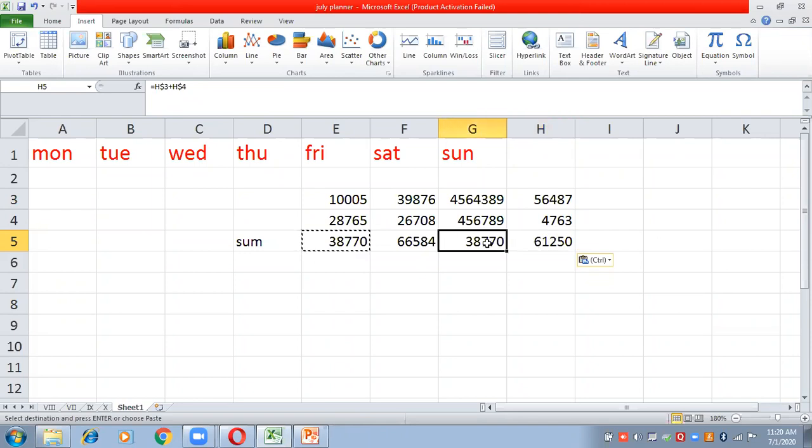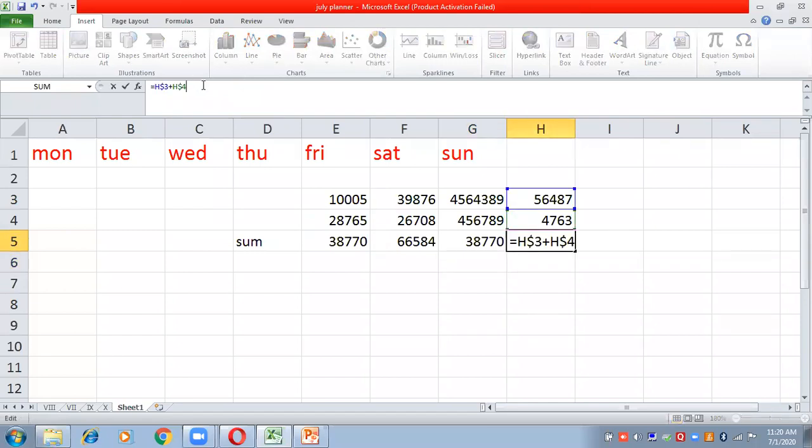यहाँ पे देखो, if we will see here, E के अभी भी यहाँ पर सेल का जो एड्रेस है, this is E. This is E even in this cell because it is absolute referencing. But यहाँ पर अगर हम देखेंगे, now the address is H because it is copied to the column H. It is no more in column E. So this type of referencing is mixed referencing. Am I clear to everyone?